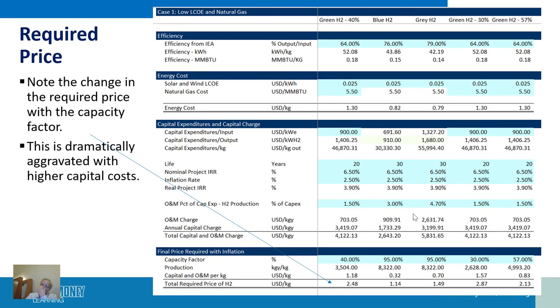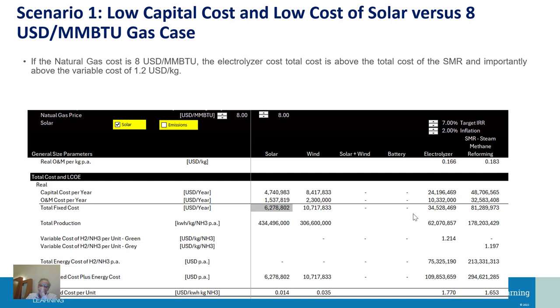And we can put that in a levelized cost analysis. Here, I put a levelized cost analysis in, a kind of more comprehensive one. And here's one where I include the effect of the degradation and all of this. And in this case, an electrolyzer with a low capital cost and a low cost of solar